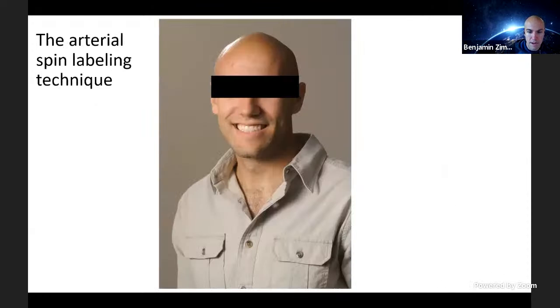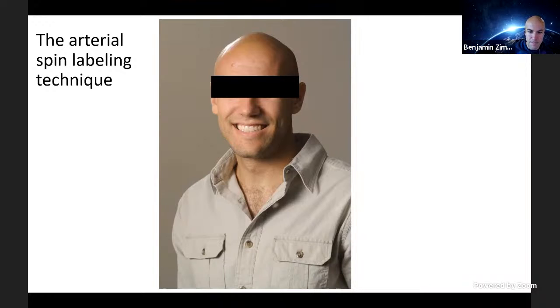So part of what I wanted to do here is give you all some sense of the methods that we use along with this sort of overarching narrative. And so I wanted to start by talking about how to get that perfusion data. We use a method called arterial spin labeling, which we can do with magnetic resonance imaging. So to start, we take some volunteer, and of course we need to protect their identity so that no one can tell who it is. And we put them in an MRI scanner.